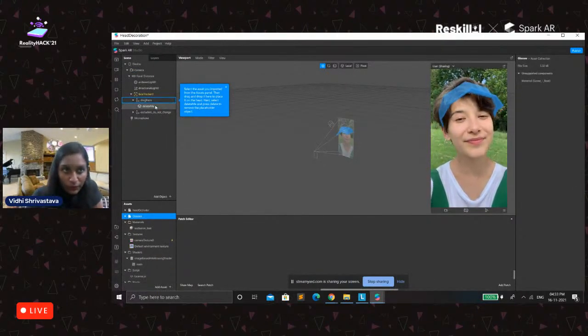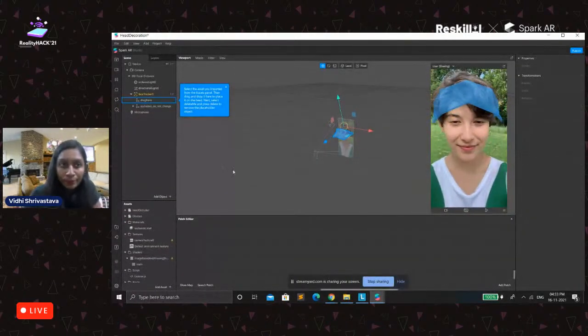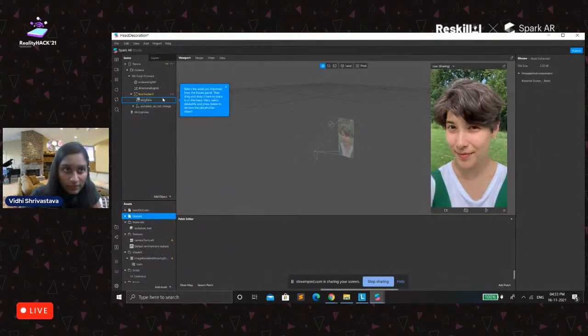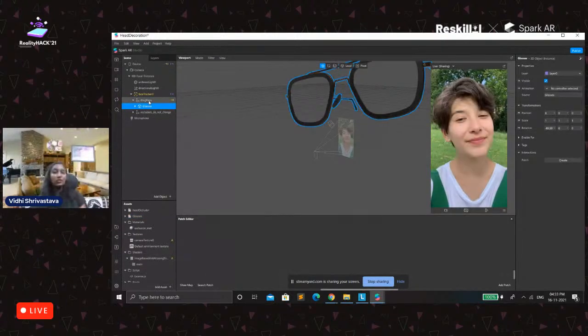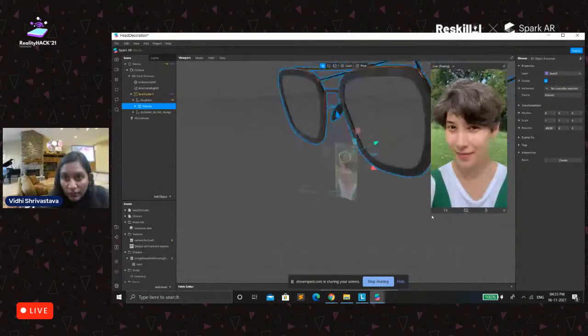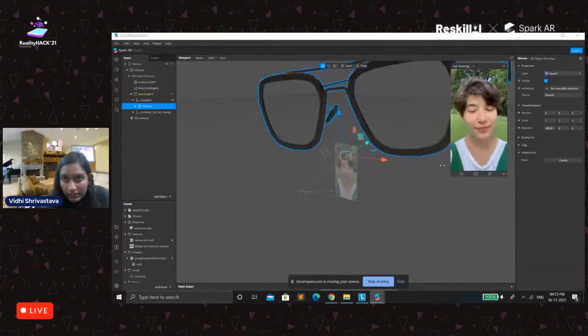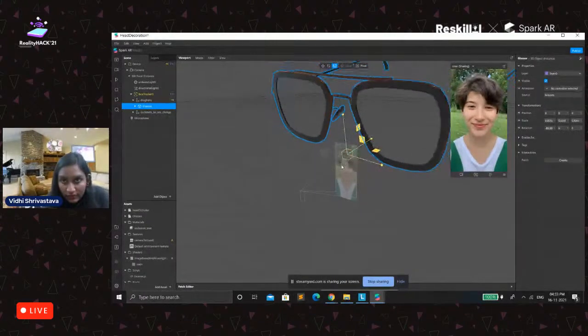Now what we will do is first of all delete this and drag this here. Now the size will be quite large, and what we will do is decrease its size. First of all, let me pause it and go to the scaling of it.